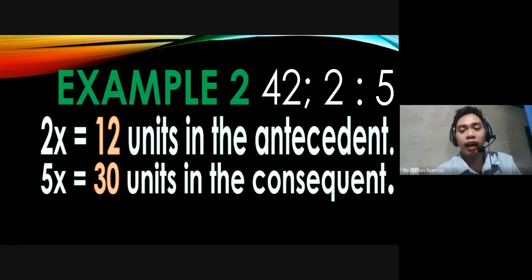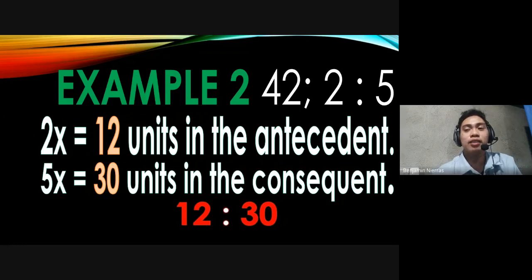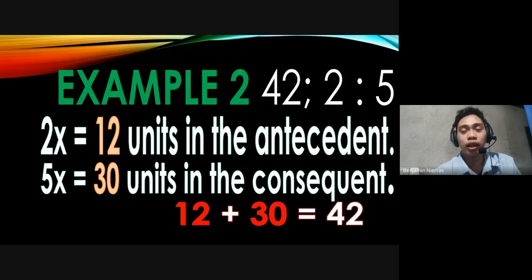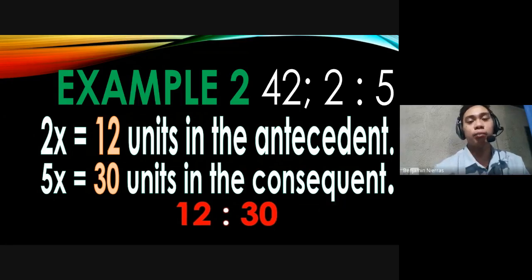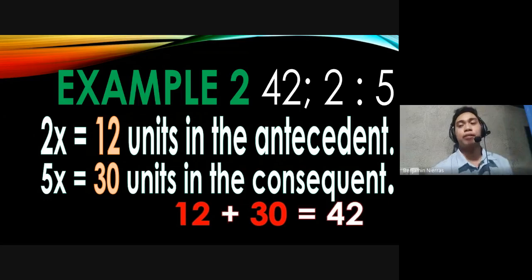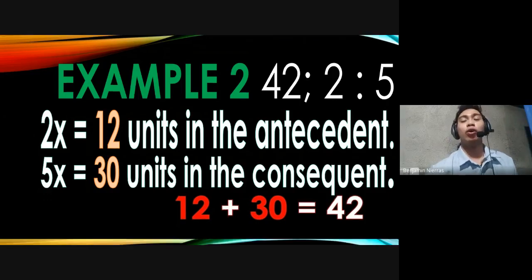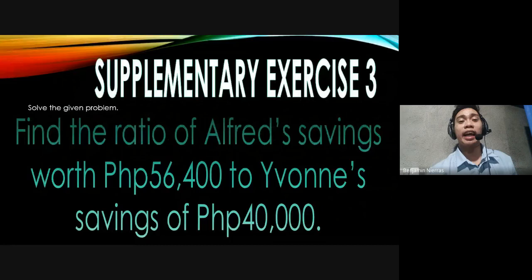So our new ratio will be 12 is to 30. So again, for the clue or the titig method, to check if your answer is correct, add 12 and 30, and it should be 42. Again, 12 plus 30 is 42. So therefore, our answer 12 is to 30 is correct. So no more question. Let's go to supplementary exercise number 3, wherein we will solve the given problem related to